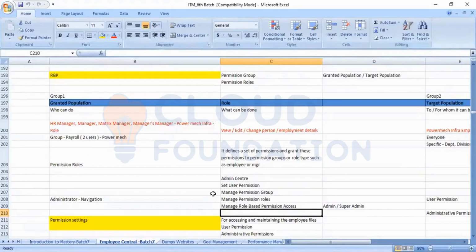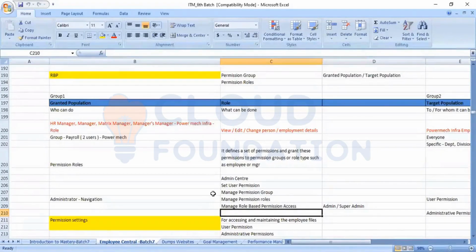Getting my point? As I told you, a consultant does 80% of work from the front end system, and 20% of activity is still there from the back end system. When you want to do that 80% from the front end system, you should have those features available in the front end system. Otherwise, how will you do it? You cannot, right. These features we need to enable from the back end system. Then only we can access them from the front end system.